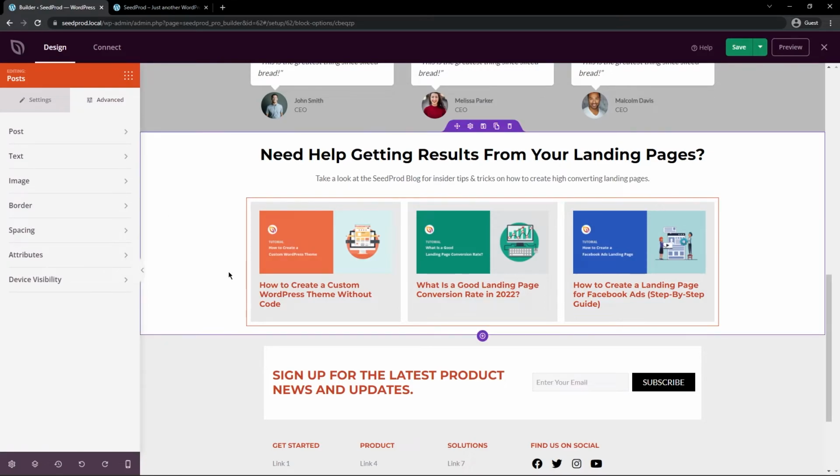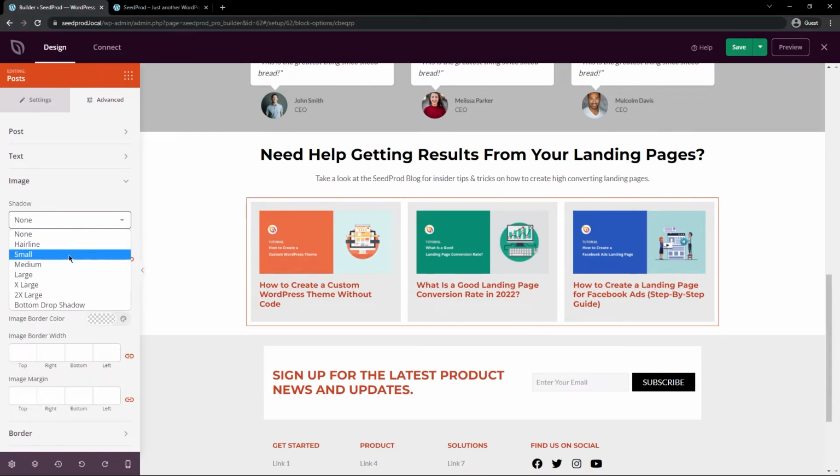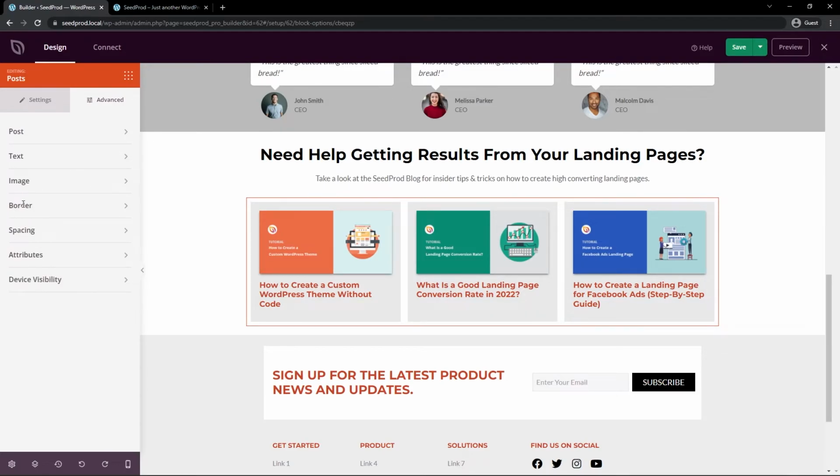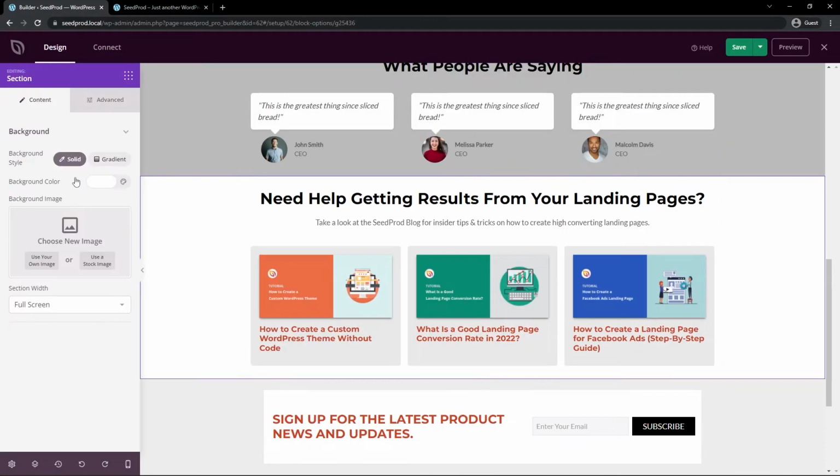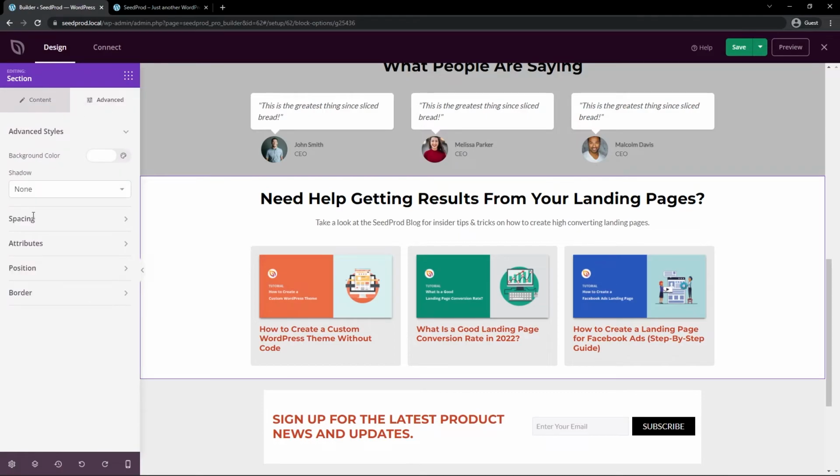We could change the text, but I think the links and everything look fine. The image, we could add maybe a little bit of shadow here, so that they pop off a little bit. And then lastly, all I really wanted to do was for the border, we have a border radius here, so that the sections they're in have a little bit of curvature on the edge, so they're not so harsh. Okay, that looks good. Last thing I'm going to do for this section is click here, go to advanced, spacing,